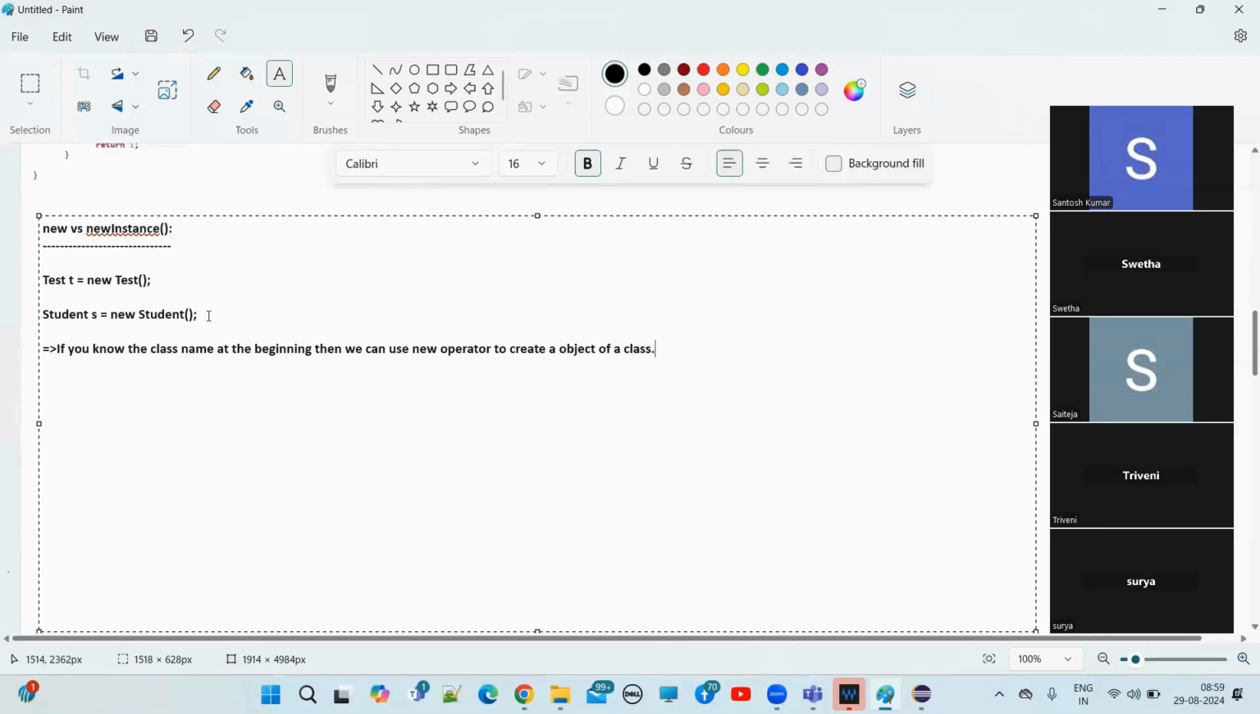Understand? Clear, everyone? So what are the examples here? I have just written them, right? These are the examples. Here I know the class name. What is the class name here? Test. So that's why I can use the new operator. I can create an object of a class. Fine. Now, if we already have the new operator to create an object of a class, then why should we